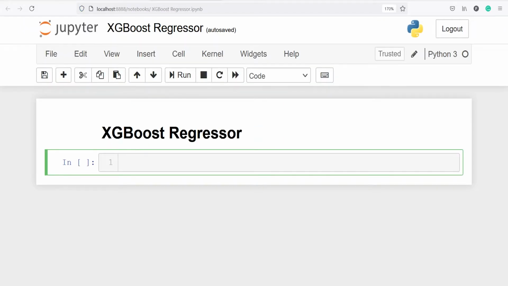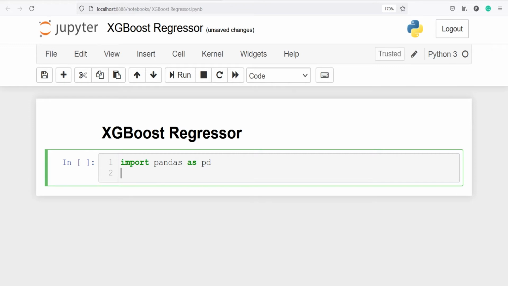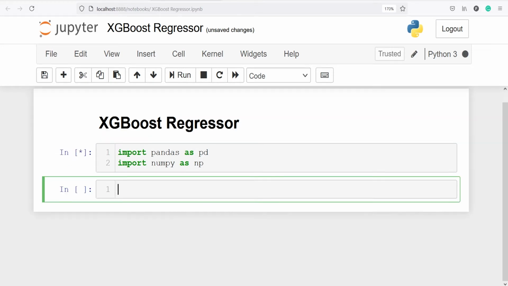In Jupyter notebook, I will import some libraries that are needed for this XGBoost regression problem. First, I will import pandas as pd. Then I will import numpy as np. Let's execute our code. Now I'm going to make one variable df, and in that I will save the data set.